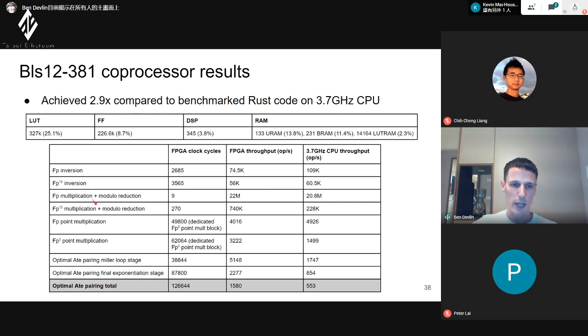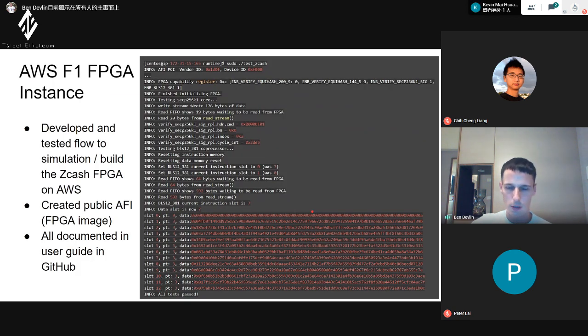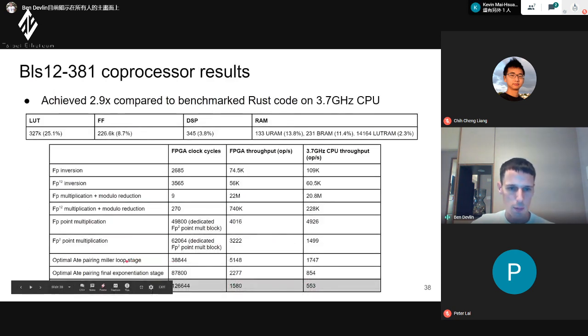But when you move up the chain and we go to FP12, now because we have so many things in parallel, you see we're actually faster than the CPU. And you can see for the different blocks, we have our 8 pairing, and again, we're around 3x improvement. And the final pairing result here is 3x.